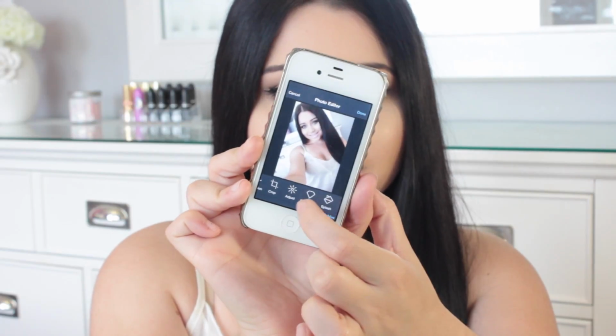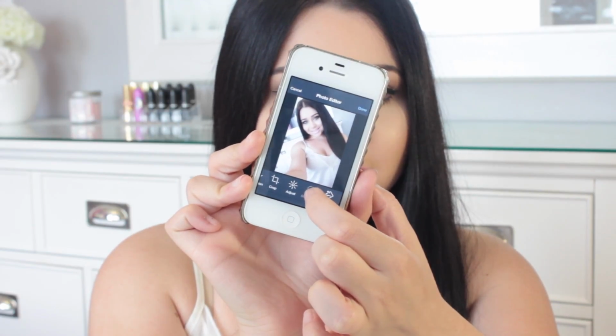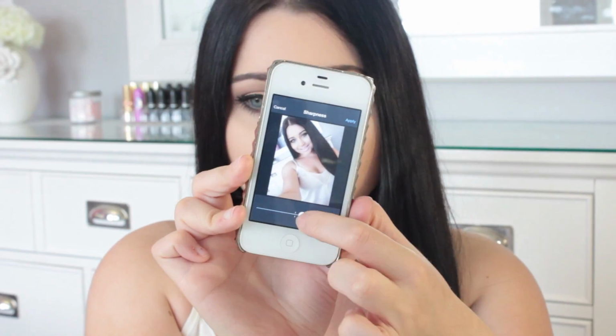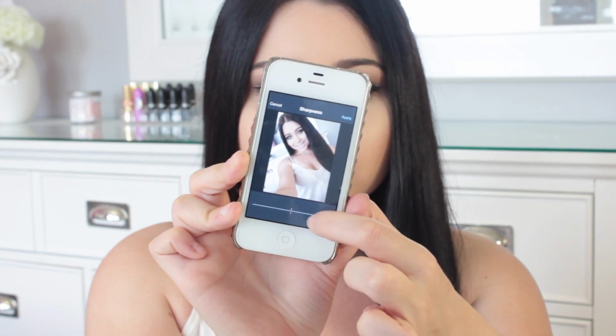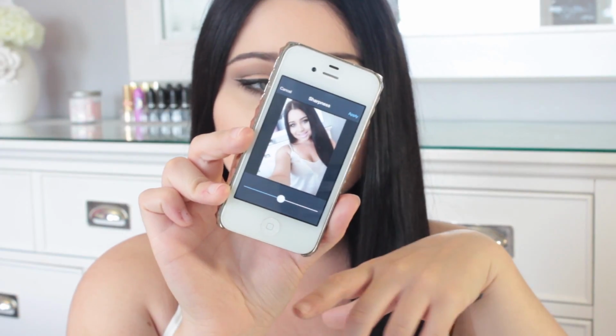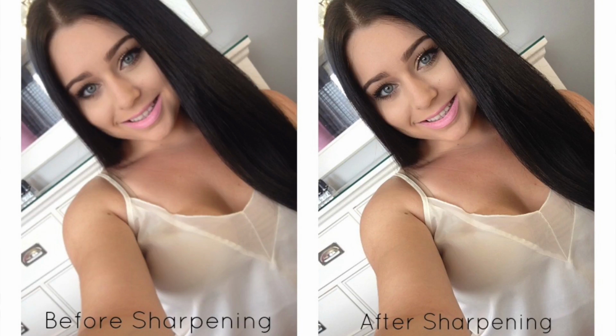Right beside the Adjust app, you have an app with a little diamond symbol, and it's called Sharpness. You can literally make your photo look like it's been taken in HD just by sharpening it up a little bit. So you sharpen your photo, and it just looks more HD. I know it might be hard for you guys to tell through the camera, so I'm probably going to edit in a side-to-side photo of before sharpness and after sharpness